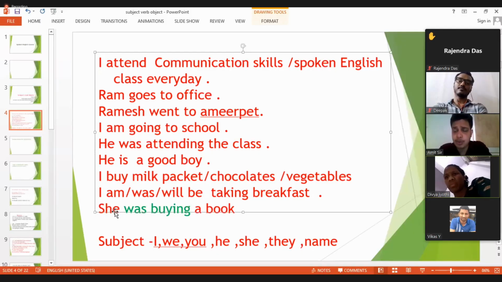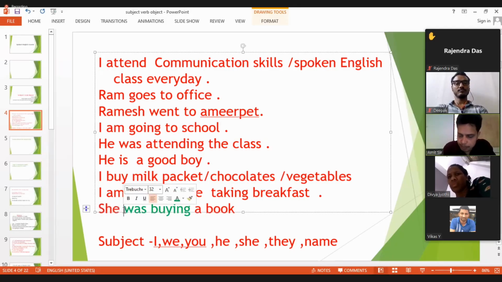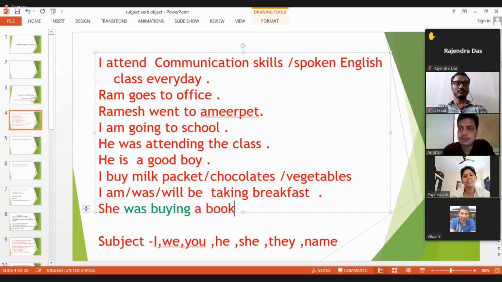So how we'll proceed with our grammar is, as today we are learning about syntax, I mean subject, verb, object, and then we'll slowly emphasize on subject, then verb, I mean the tenses, and then article and preposition as well. So one by one we are going to learn the things. Sir, was buying means past tense, no, sir? Yes. Okay. Any other sentence?